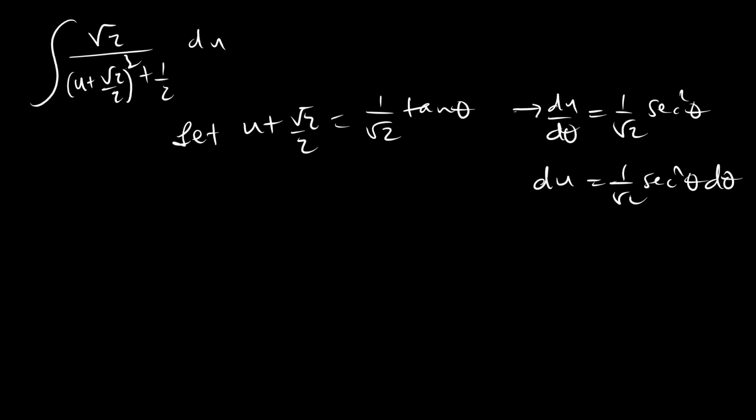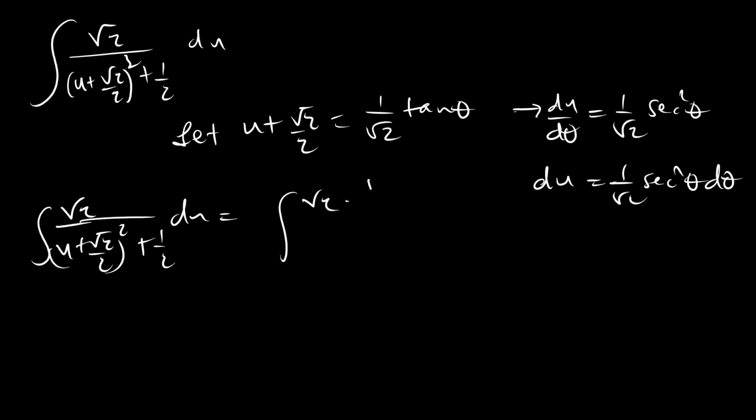And so our problem becomes root 2 times a half root 2 sec square theta over tan square theta plus a half, actually squared, I apologize,